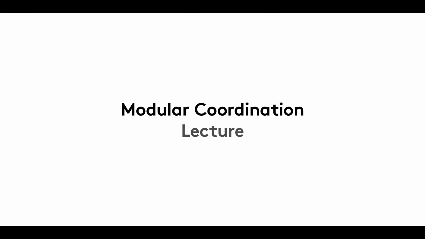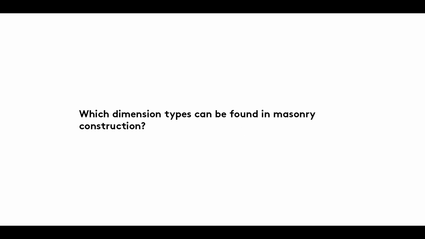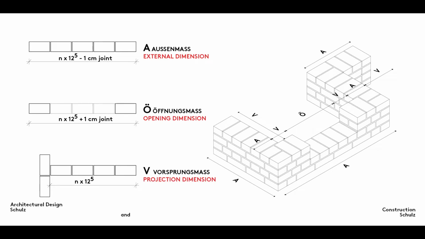Welcome to the sixth and last film in our modular coordination series, in which we look at the various types of dimension found in masonry construction. Three categories of dimension are used in masonry construction: external dimensions, opening dimensions, and projection dimensions. External dimensions specify the length of freestanding walls, opening dimensions indicate the size of openings, and projection dimensions give the